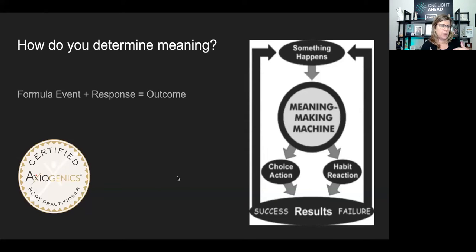And so our opportunity, and more often than not, in our meaning making machine, we get to decide how we look at this formula. What is our outcome? Which one are we looking at first? The event, the response, or the outcome? And it really does narrow into a very simple formula. And I could have this whole definition in a multitude of ways in this conversation. So I think we have one more slide on that, correct?